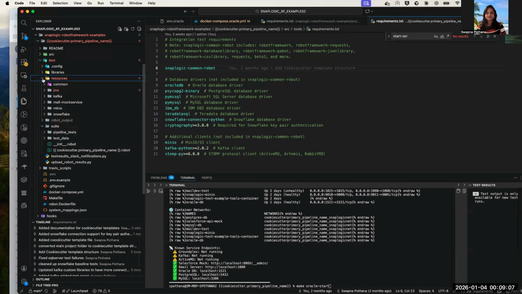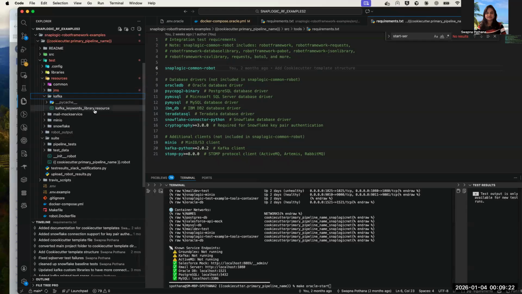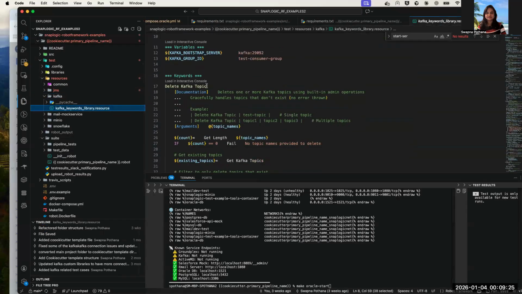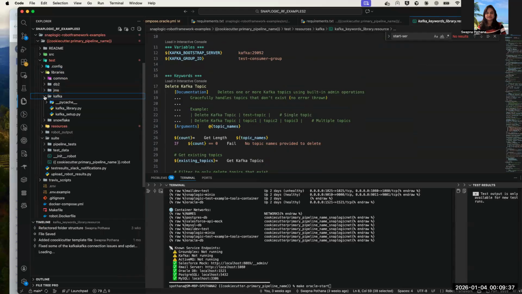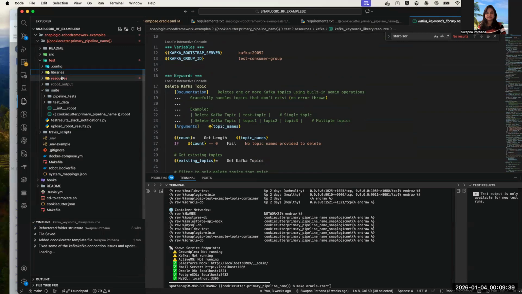And there are some resource files which are added to support some of the services because they are not extensively available outside. So we are providing support for that. Suppose you have Kafka: these things are not available through the Robot Framework library, so these are created to support some of the test cases. Okay. And the next thing, if you see the libraries, these are the .py files which are used by the resources. So you don't have to worry about any of these things, except that you need to get a better understanding